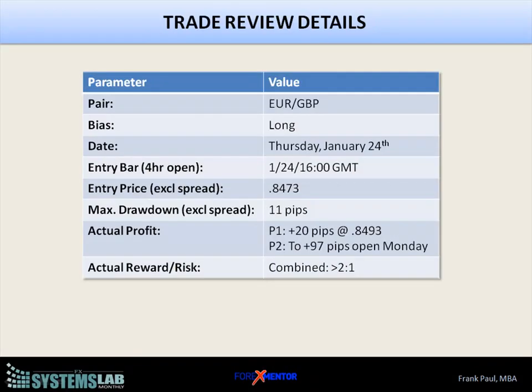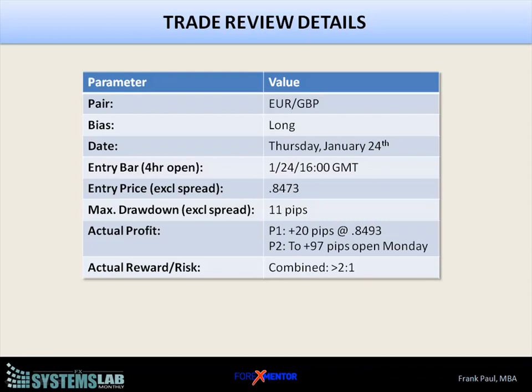We're going to look at the Euro-Pound pair with a long bias Thursday last week, that's January 24th. 4-hour entry bar, 4 p.m. GMT, although it was a big up close, and those sorts of bars we should always regard as at least slightly suspect, in which case we can certainly use the drill down technique, a very simple technique that we showed you in yesterday's video, pulling up the hourly chart and in sequence looking for a counter trend hourly signal on the percent R resolving to trend in the aftermath of the same on the 4-hour chart, and then using that as an entry signal,